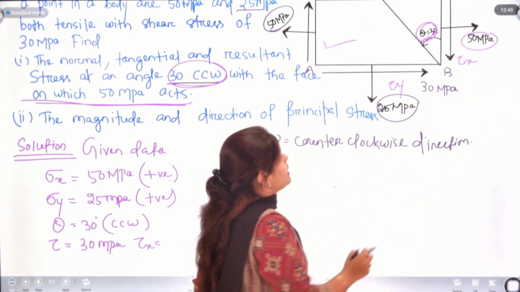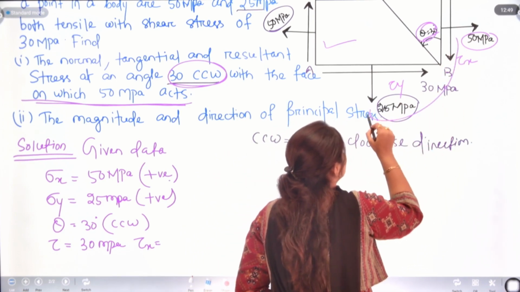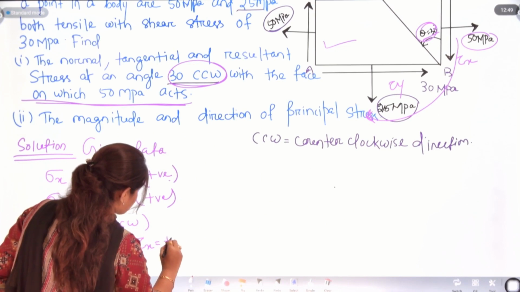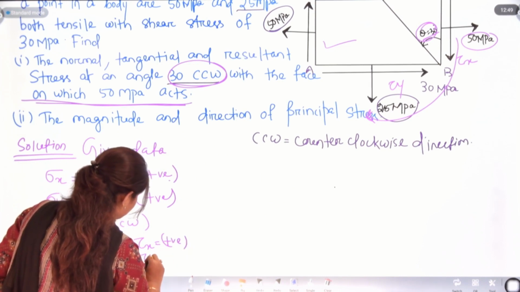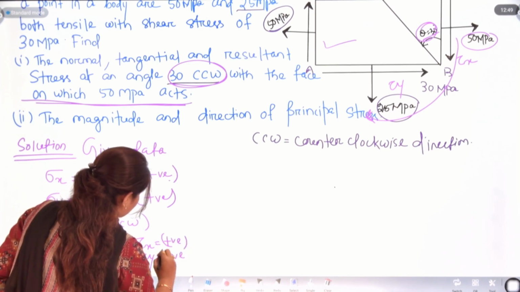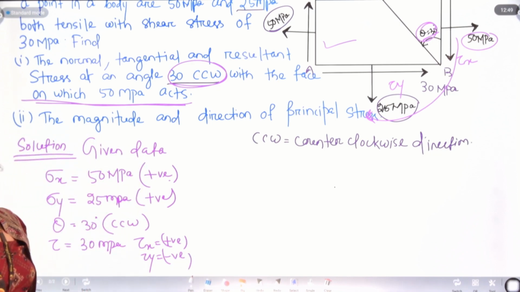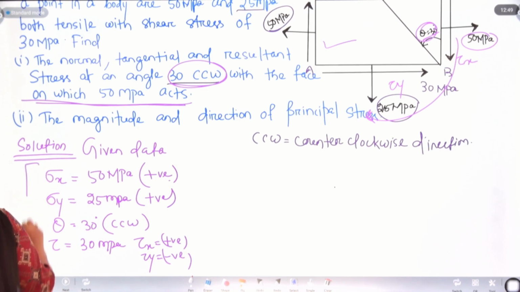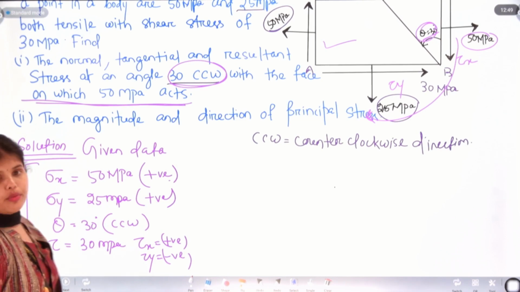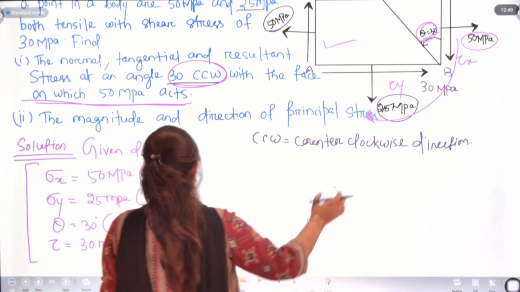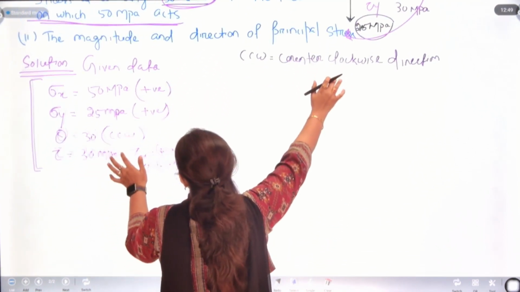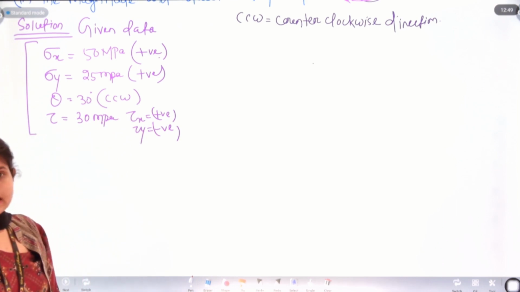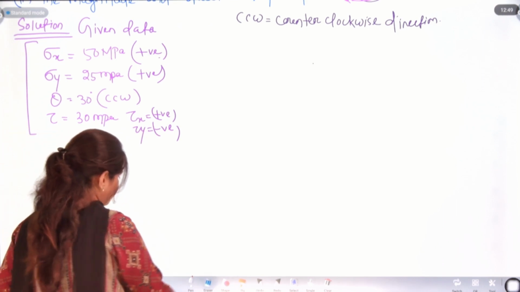You can see tau x is applying in which direction? In clockwise direction. So tau x is positive and tau y is negative. To draw the Mohr circle, we need this much data: sigma x, sigma y, theta. So let's draw the Mohr circle